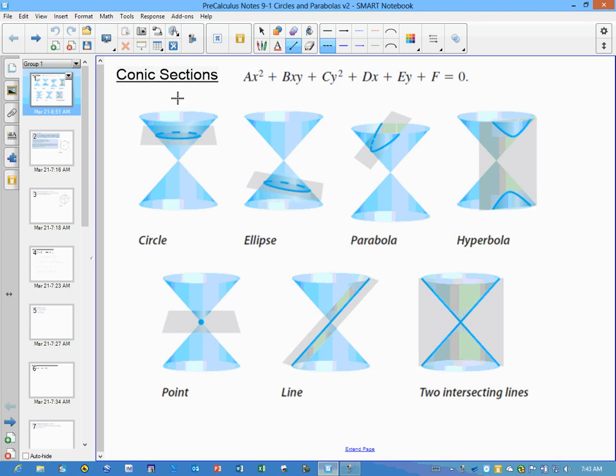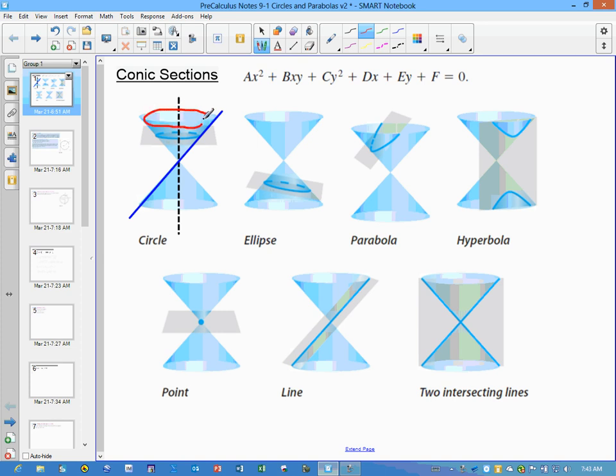So if we take an axis, a straight line, and then we take another line that intersects that line, we're going to hold the axis fixed, and the other line, which is referred to as a generator, we're going to rotate around 360 degrees, or 2 pi, about the intersection. So the intersection will stay fixed, and this blue line will rotate around, and it will sweep out the surface